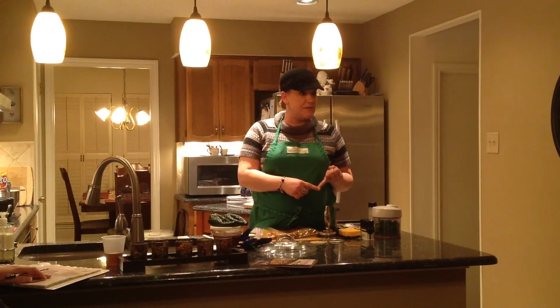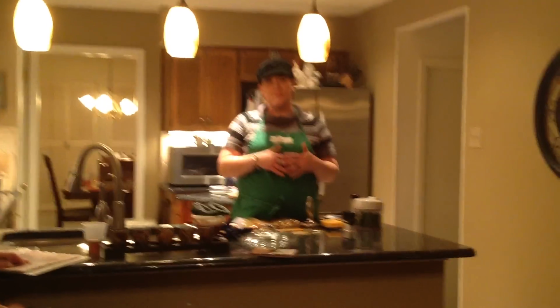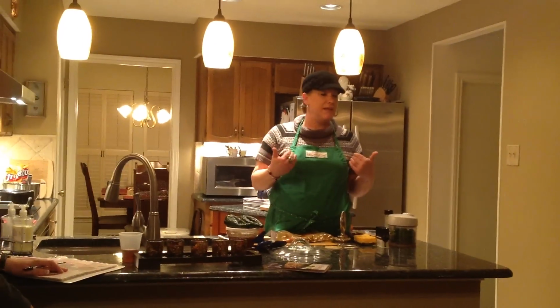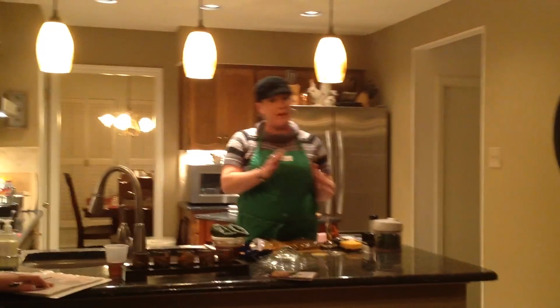Without the toxins coming off the Teflon, right? And without it warping, you have it the rest of your life. So it's an amazing investment into your kitchen, and I'm going to give you every single reason to use that. So we've got about a minute left, so I'm going to tell you how to prep the meat as far